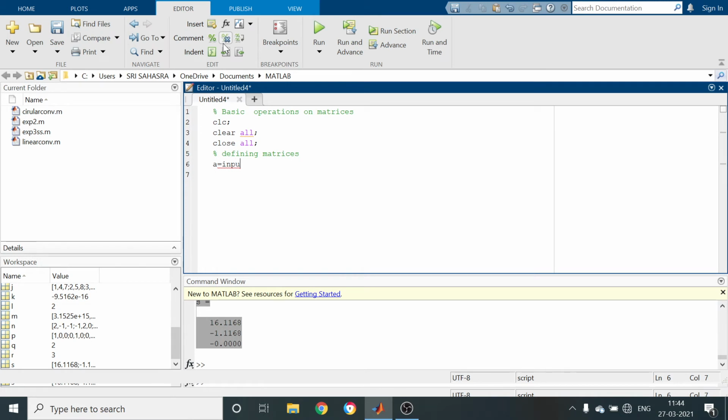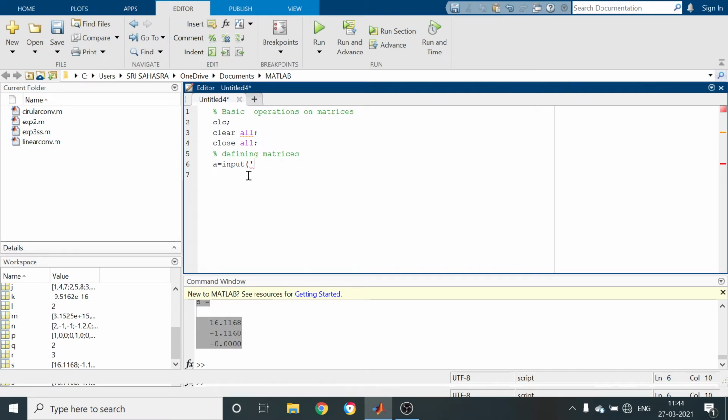Input is a command where we give the inputs through the command window after running the program. When you write it, you get the MATLAB commands, and here you get input.